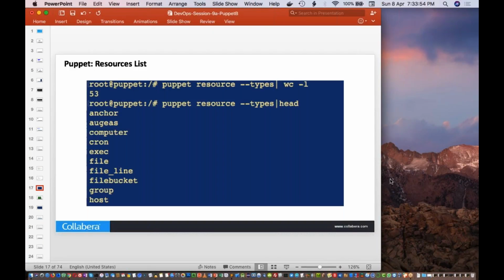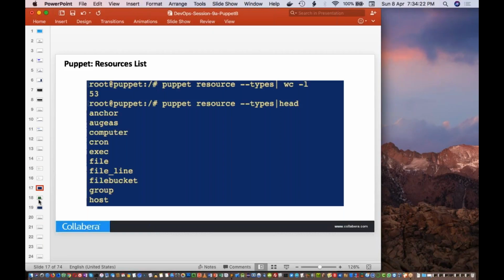Khadi is asking what is head. Khadi, head is just a command line command. Inside the command line, if you only want to get the top section of a particular file, and the content is too long, and you only want to see the first 10 lines, then you can use this pipe head and it will show only the first 10 lines, like that. Okay, this is a command line command.